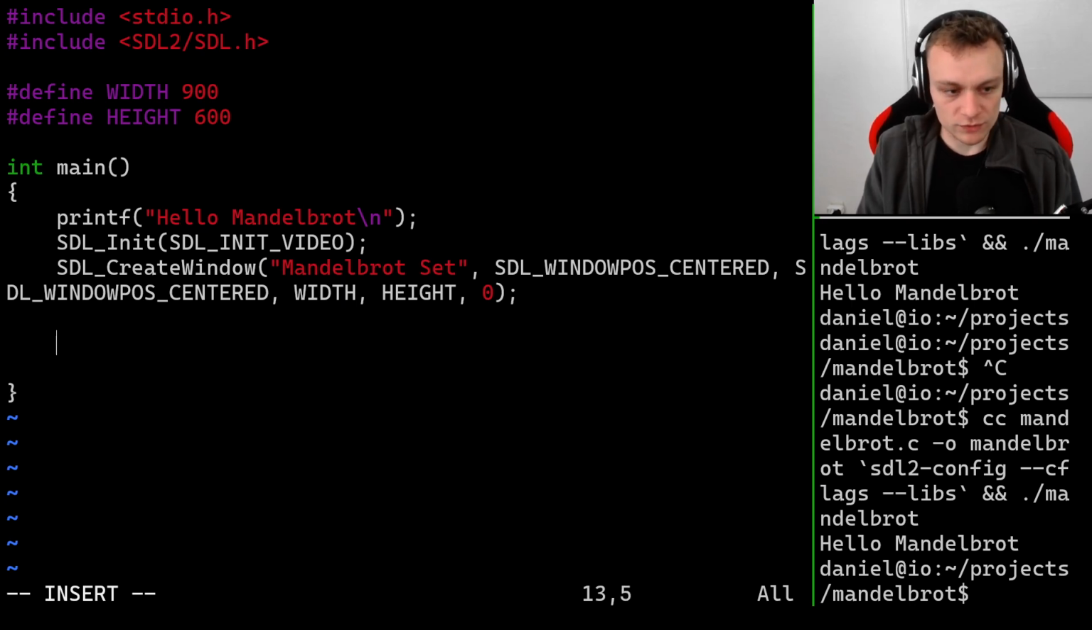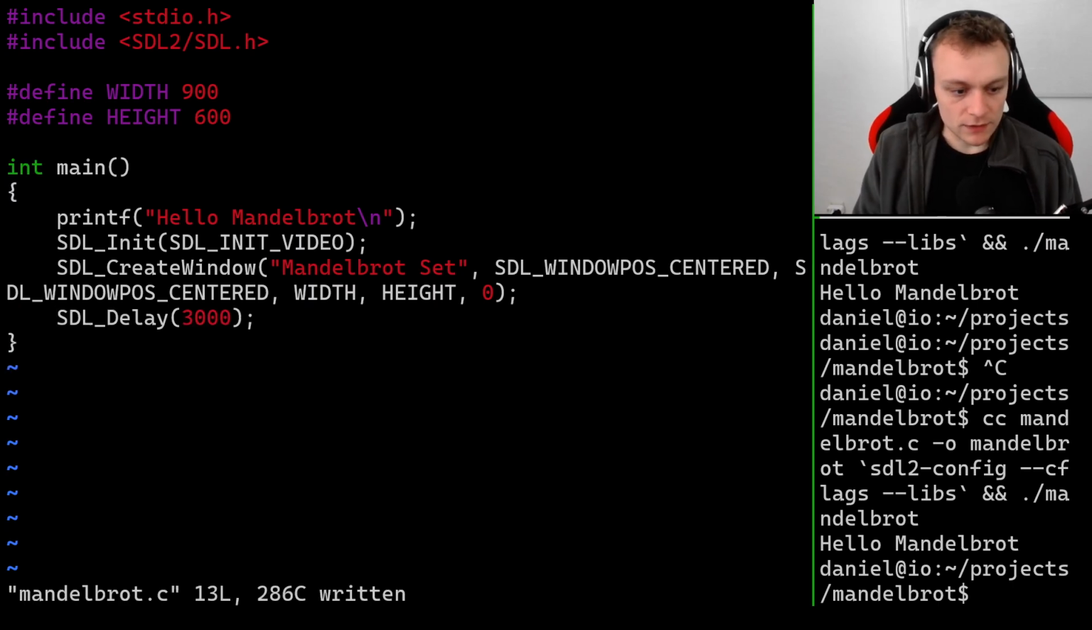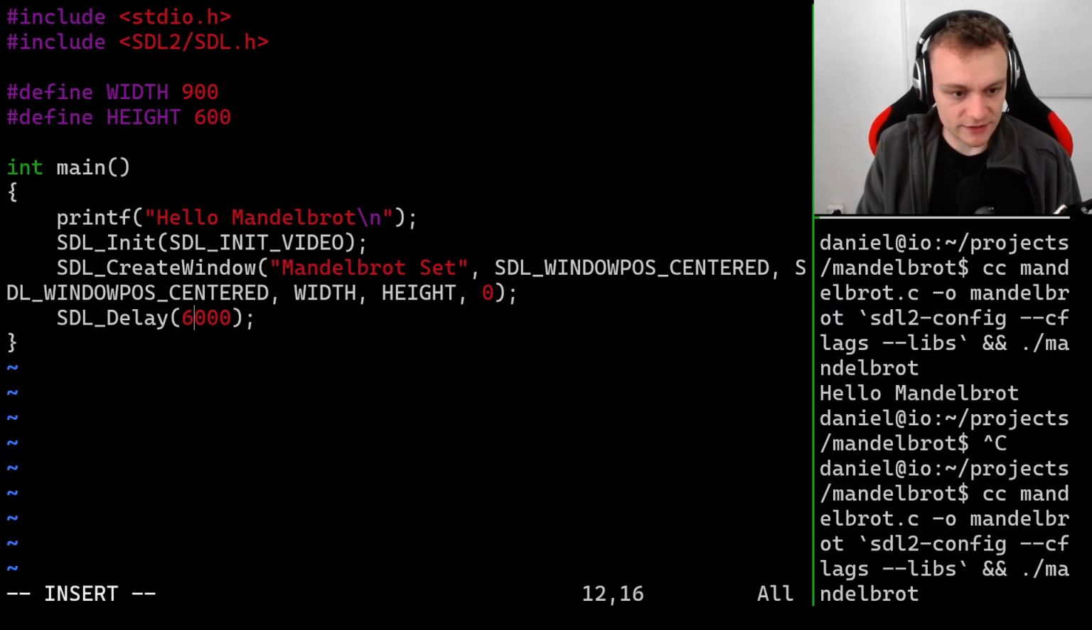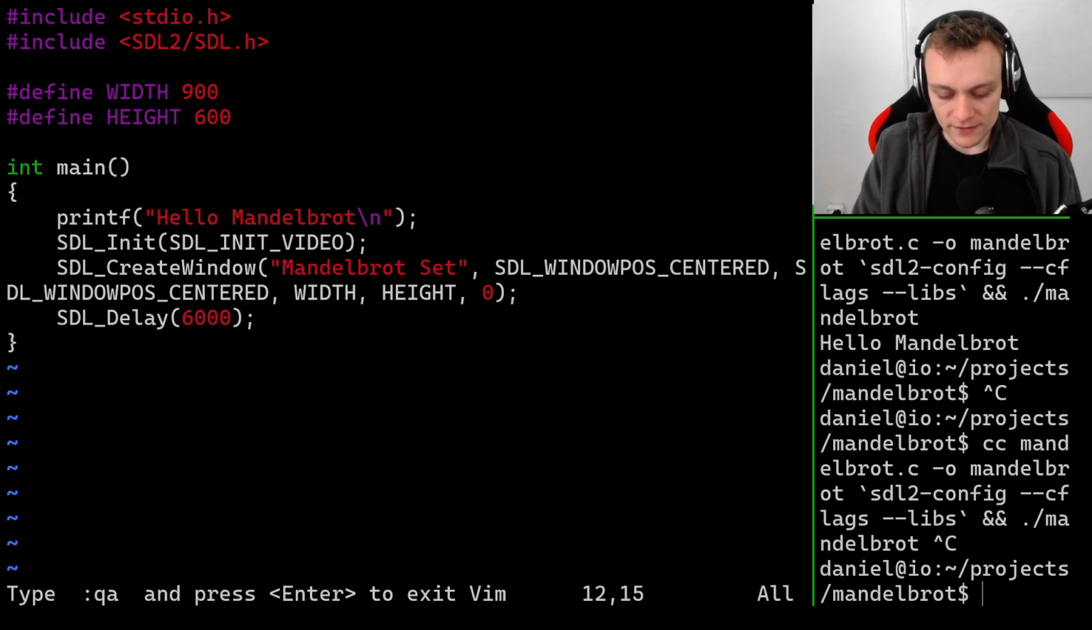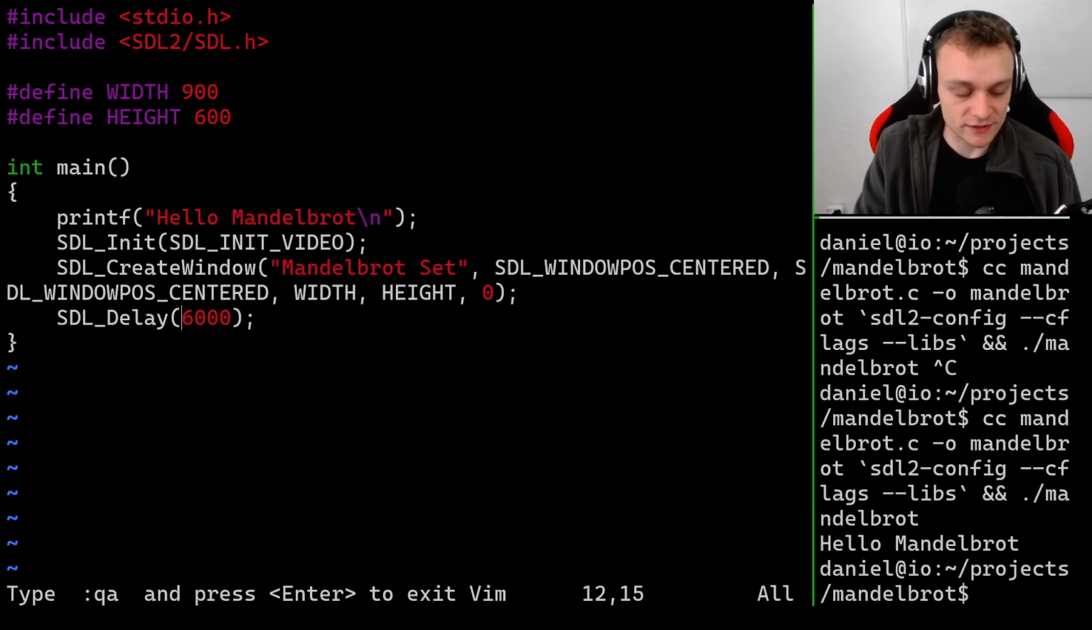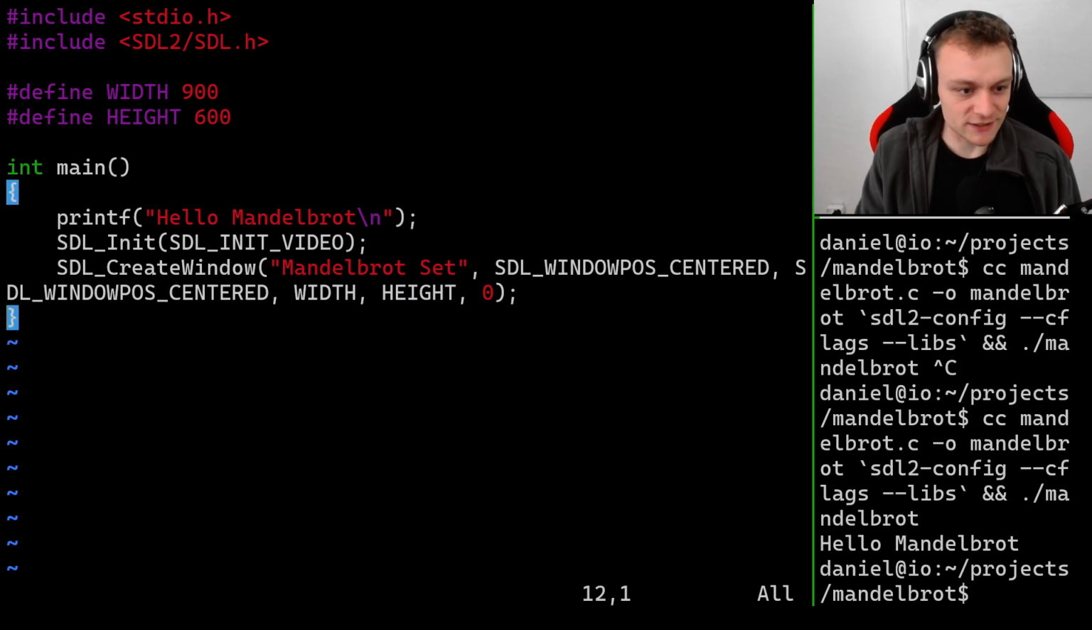Okay, we can delete the delay, and now let's make the window closable because, let me show you again. And let's make the delay 6 seconds. If I now execute that application, then the window is not closable because there's the delay of 6 seconds, and during those 6 seconds the SDL application won't do anything because we're delaying it. So to properly fix that, we need to have a so-called event loop that is checking